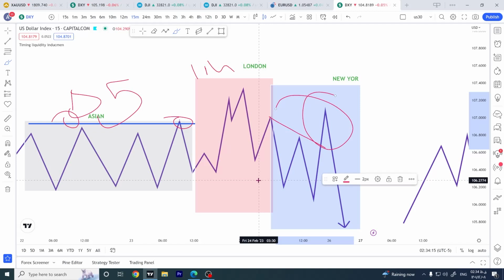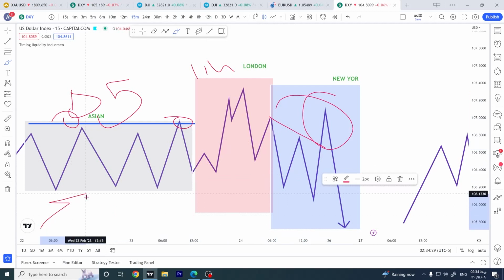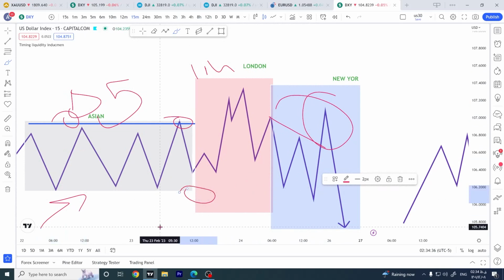And something is essential. I mean, if that doesn't exist, we don't trade, and that is going to be the trend of the market. So for example, if the market is going up, this is not a valid setup. We should pay attention to the low of the Asian session,